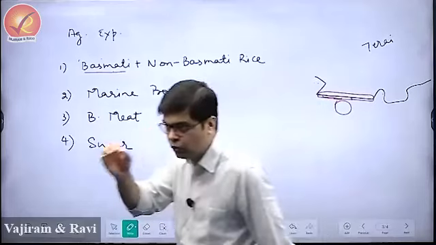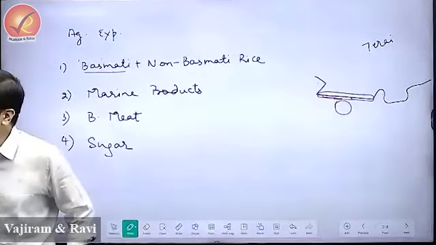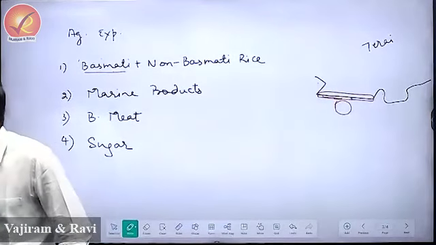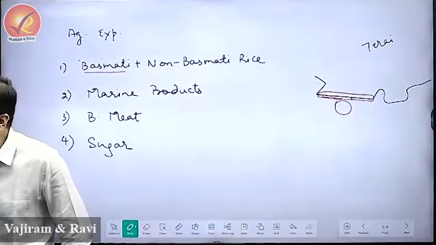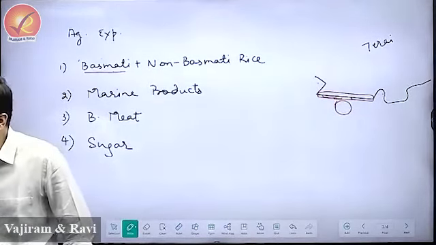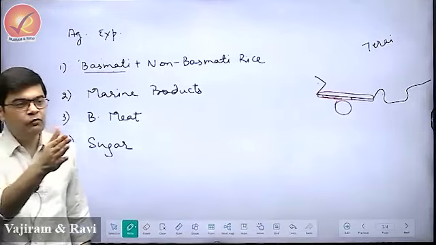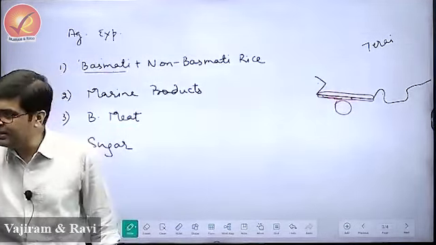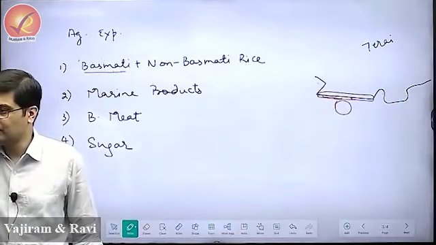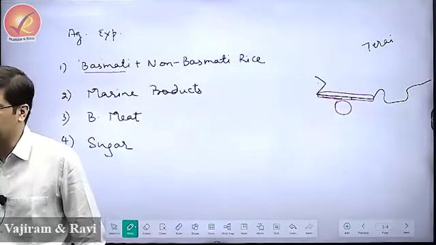But you know that whenever the government provides rice and wheat under the public distribution system, along with rice and wheat, the government also provides sugar under the public distribution system. So sugar is also sold at a subsidized rate under PDS. Rice and wheat are for the food security of the nation. Why is the government providing sugar in the PDS? Rice or wheat, food security, why is sugar being given?